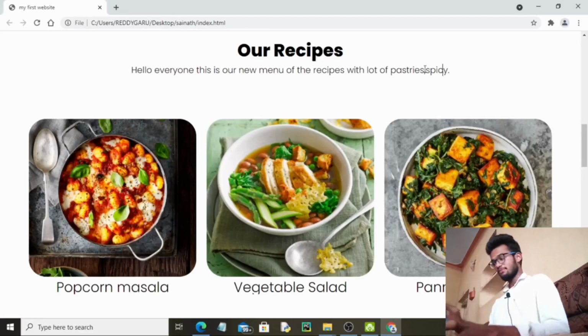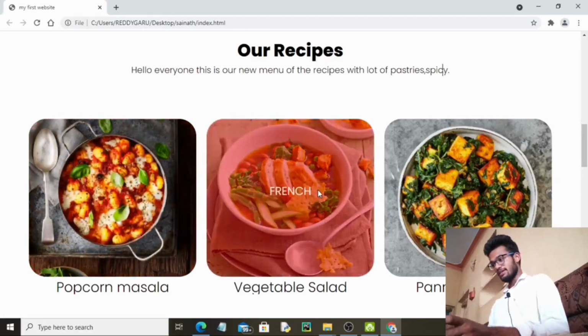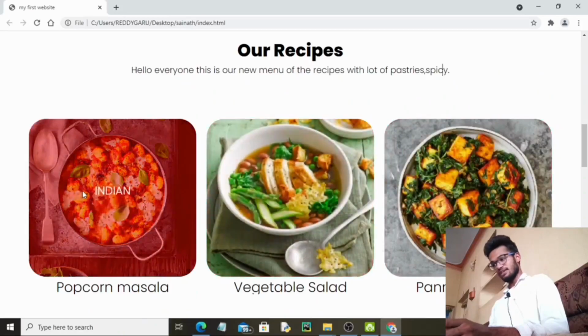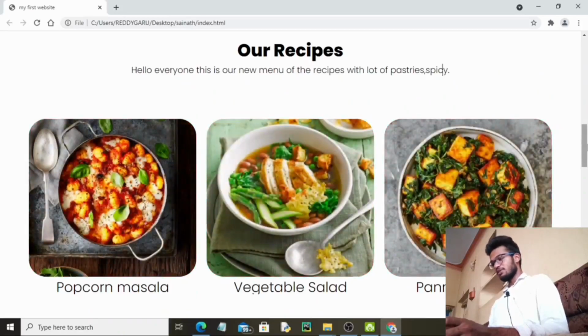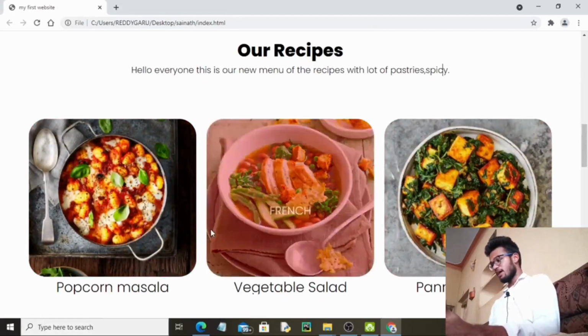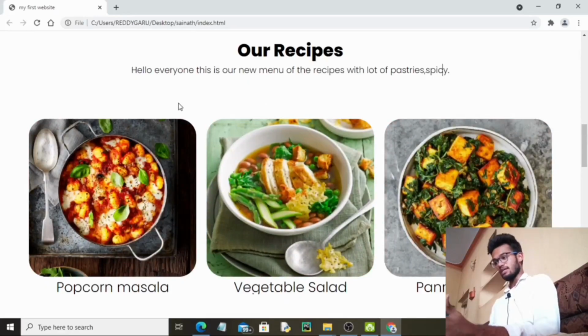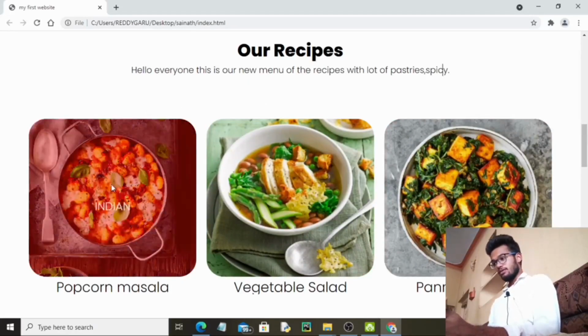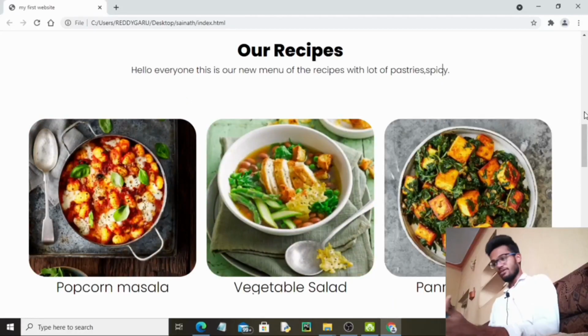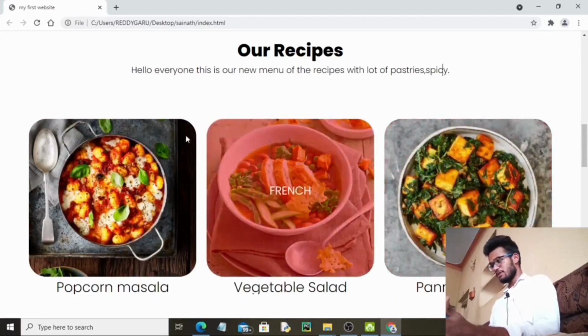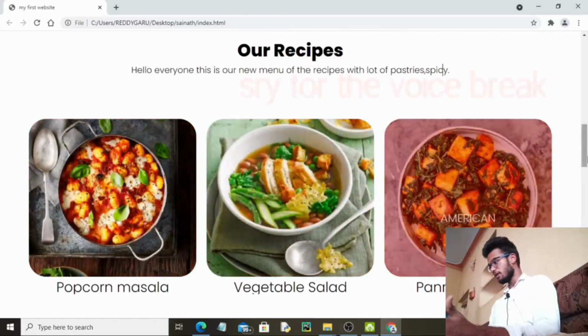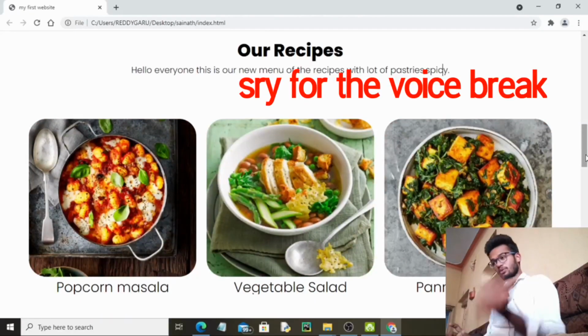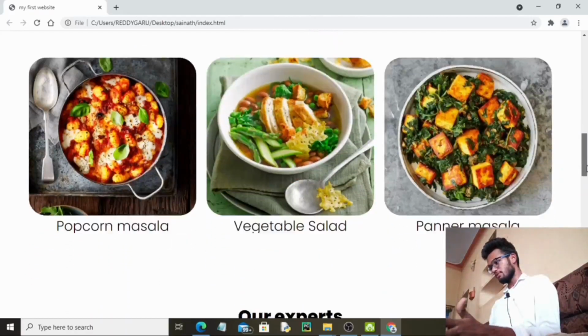Let's see, wow, amazing, right? The name which is written down is not actually the right one. I have just randomly picked some names and some images from Google and used them here, because I'm really not a foodie to know all those things. See the wonderful hover effect over here. So let me know your thoughts on this. How was the website, in the comment section?